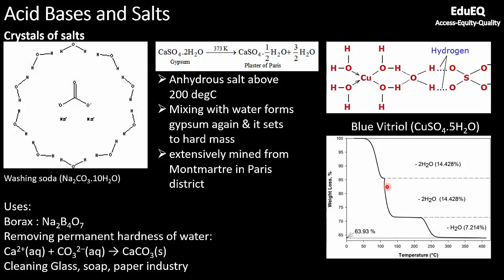Now, the second set of 2 water molecules will get lost at another temperature, maybe somewhere around 120 degrees. So first, at around 70 degrees, it loses 14.4% weight, and then 2 more water molecules are lost, and the final water molecule is strongly bonded, maybe through hydrogen bonds. We will get into more detail regarding hydrogen bonds when we start the bonding chapter, on different types of bonds: ionic bonds, coordination bonds, and hydrogen bonds.